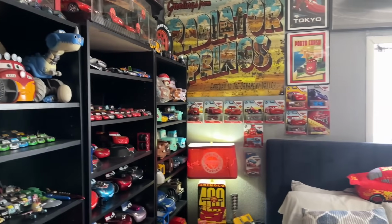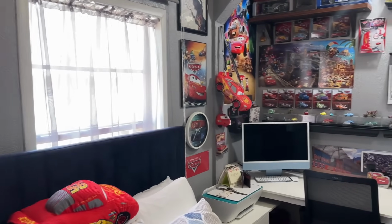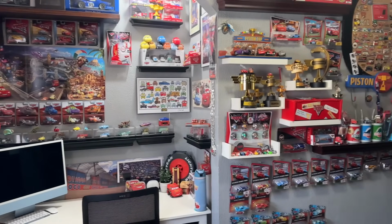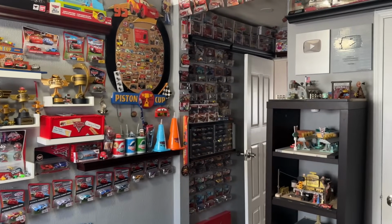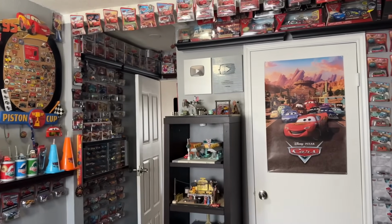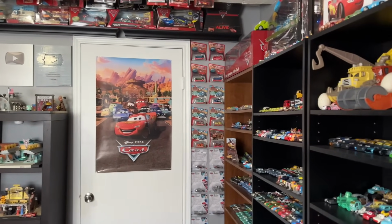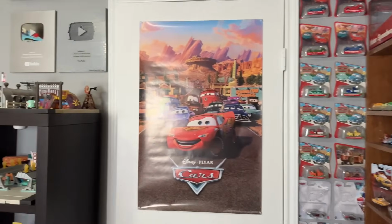I know Mattel has probably prepared for something like this, and they have a warehouse with all the cases for the rest of the year packed up and ready to ship to Target or Walmart, whoever, right? I don't think the tariffs will affect that, and I don't think it'll affect distribution, hopefully, for the rest of this year. But like I was saying at one of the stores, I think it'll definitely be in effect and hurt